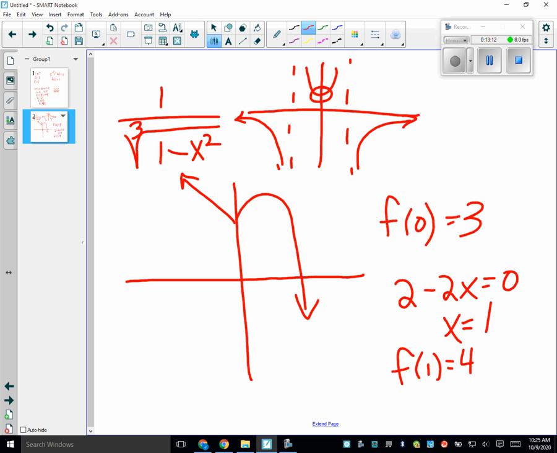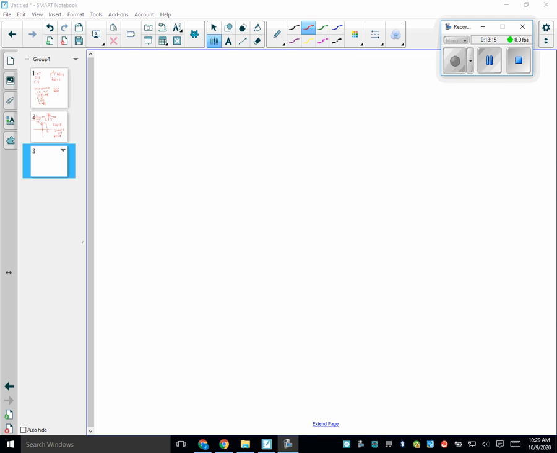Wait, so you found if it was a min or a max? Guess what this is? Mean value theorem. When I talk about mean value, what does that mean? Average. The mean value theorem says, real close to the extreme value that we did yesterday, if I have a closed interval, that somewhere in this interval,